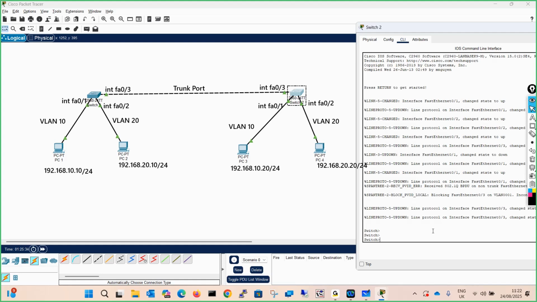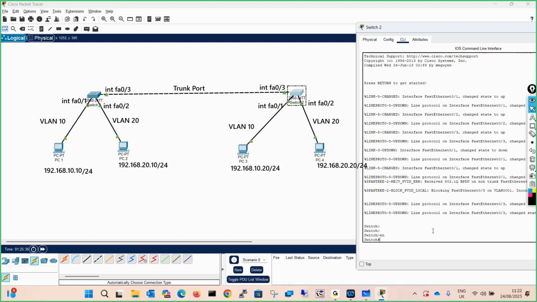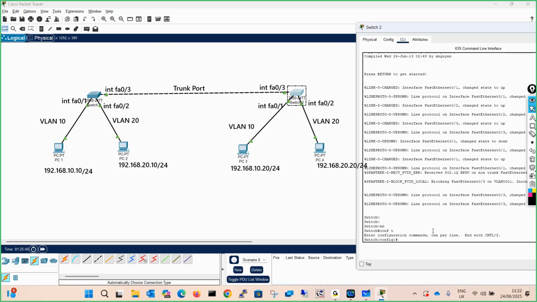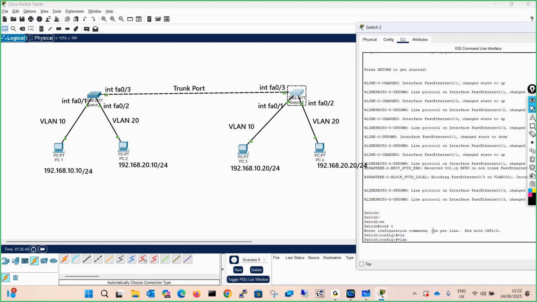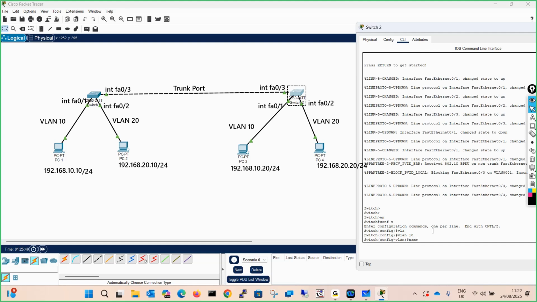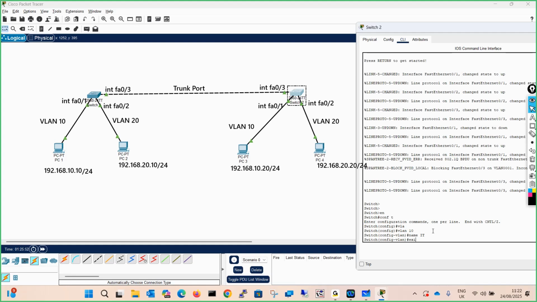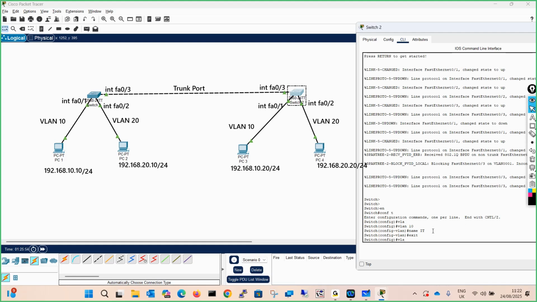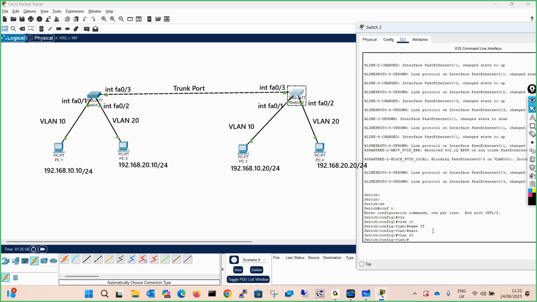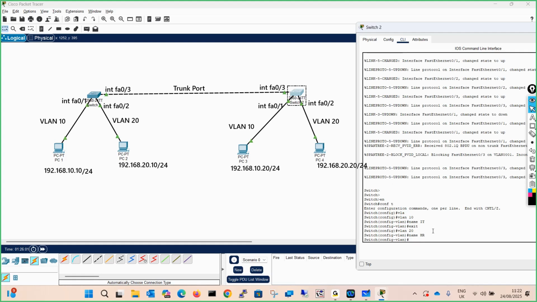So we will be creating VLANs over here also. Configure terminal, and I will say VLAN 10, name is IT. Exit. VLAN 20, name is HR.